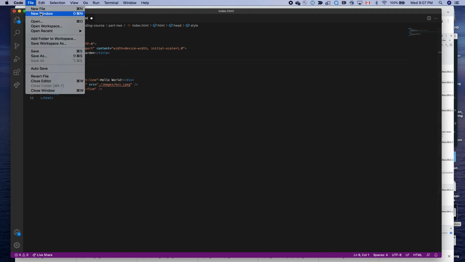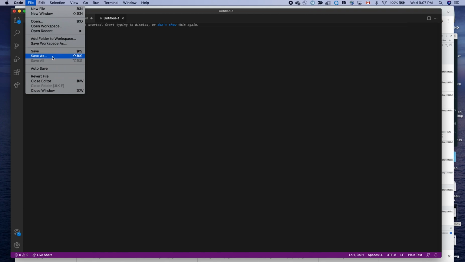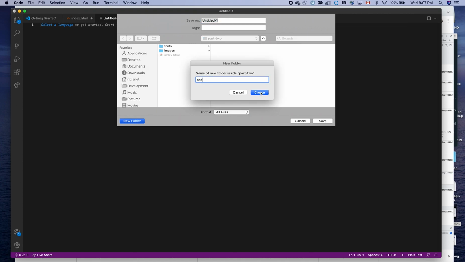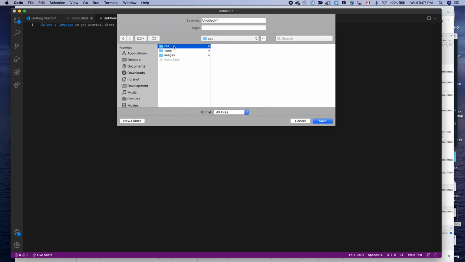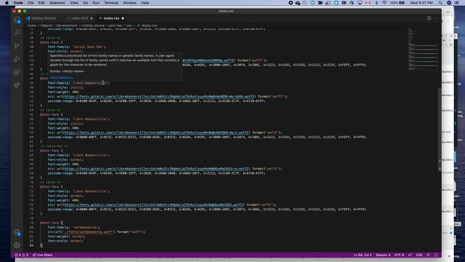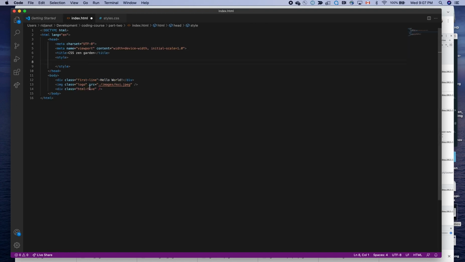I'm going to create a new file, create a new folder, call it CSS, and inside the CSS I'm going to call this styles.css, and then I'm going to paste everything in here, save it, and then in our index.html file I'm going to link